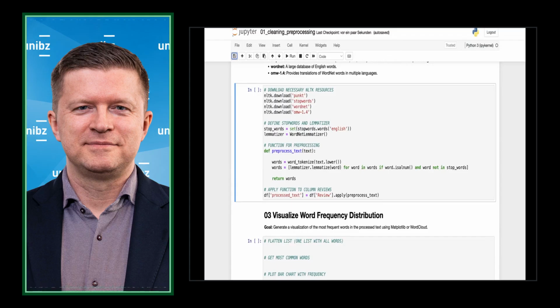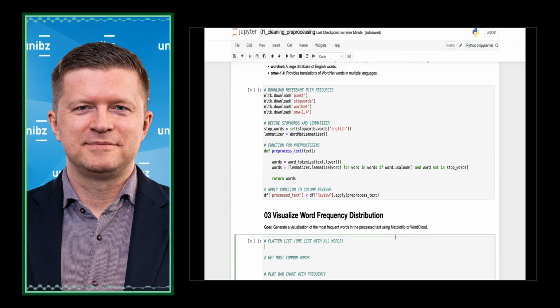And let's move on. So what we want to do now is visualize which words occur the most, just for example, in these reviews. Maybe you could derive some patterns. If a lot of negative words occur the most, that wouldn't be a good sign, right? If a lot of positive words occur the most, that would be a good sign. So just to get a sense of these reviews, we start with a visualization of the most occurring